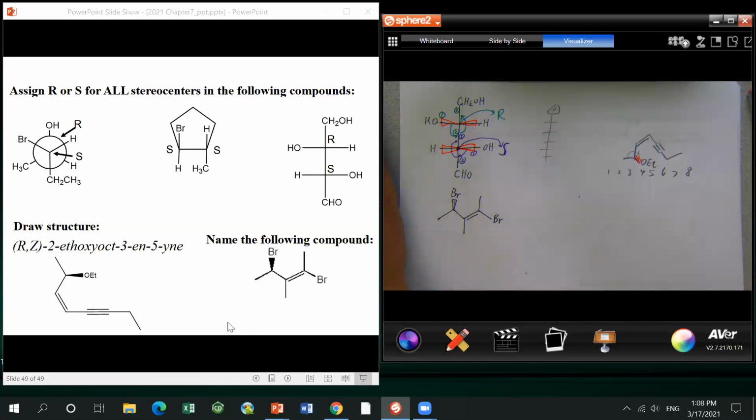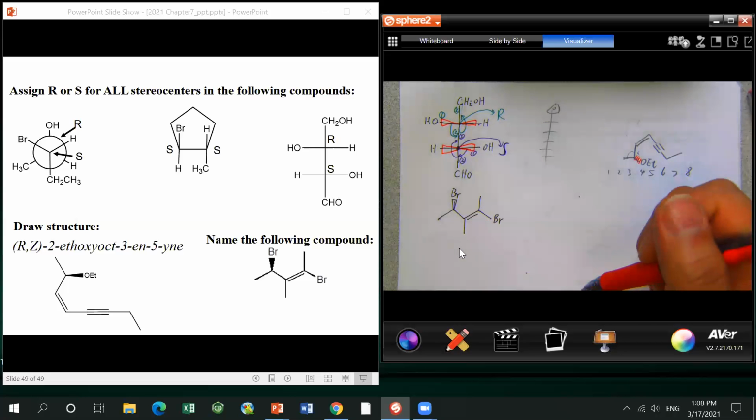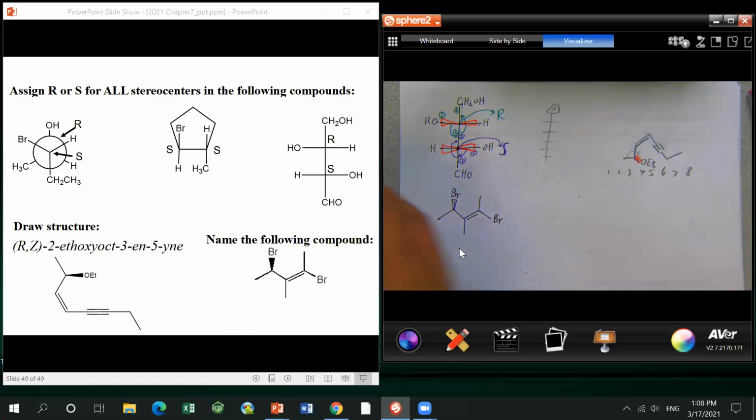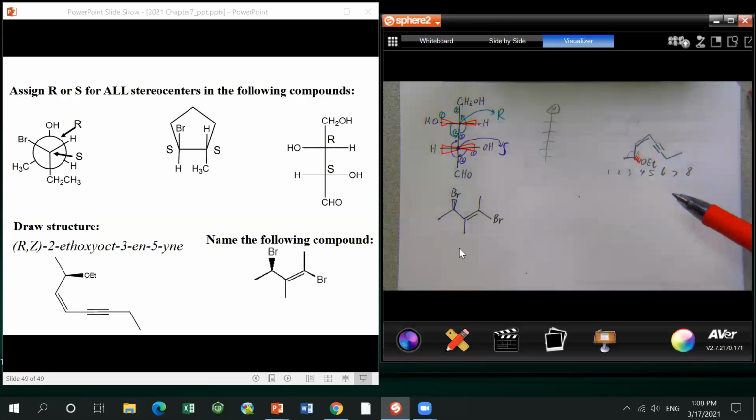If you have any questions, put them in the chat window. For the last one, it gives you a structure and asks you to name it. Again, you don't need to worry about the stereochemistry; we just name it as a regular molecule. First find the highest priority group. For this one, the bromine and the methyl are just prefixes. Then you need to find the